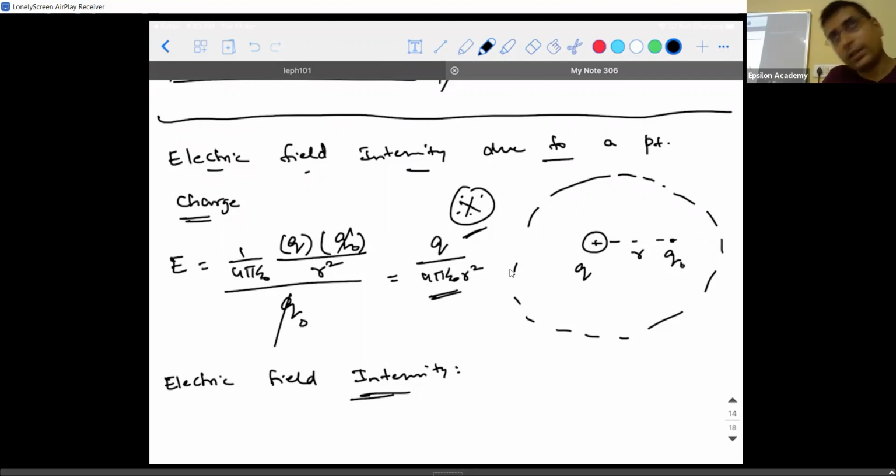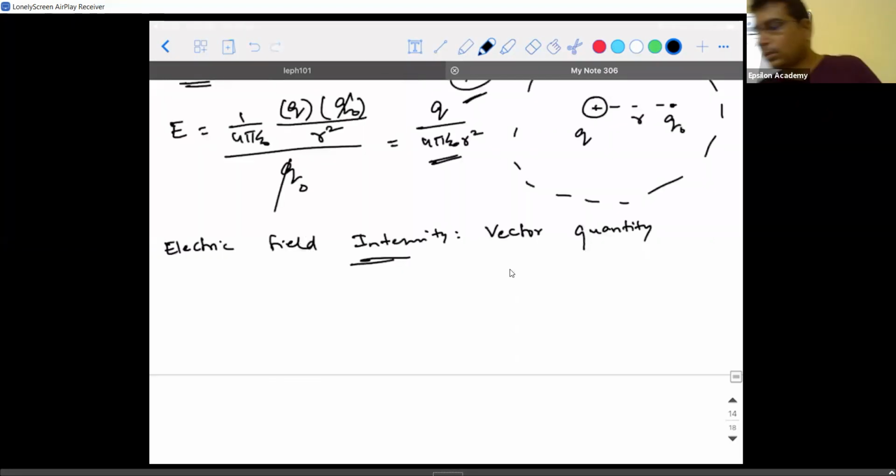We haven't found the direction. Electric field intensity, there is a direction. I was supposed to come to the point later. Now you think in the logic of definition and tell me. Electric field is a ratio of force and charge. So force is what kind of a quantity? Yesterday we discussed, force is a vector quantity. When you divide a vector quantity with a scalar quantity, the answer is a vector. So electric field intensity is also a vector quantity. It has a direction. Okay, leave some space. I'll tell you what is the direction.